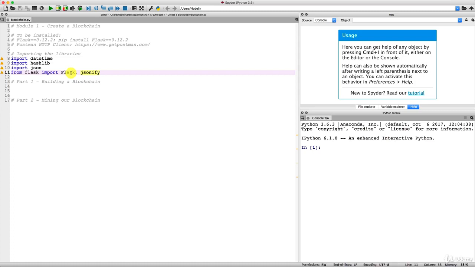And same when we mine a new block to add it to the blockchain, well, we will also use this jsonify function to return the key information of this new block that was just mined in the JSON format. So you will understand that better once we start working with JSON files, but basically we will return in the JSON format the index of this new block, the proof of this new block, and the previous hash attached to this new block. And also a little message to say that the block was just mined. Alright, so now let's start implementing part one, building a blockchain.